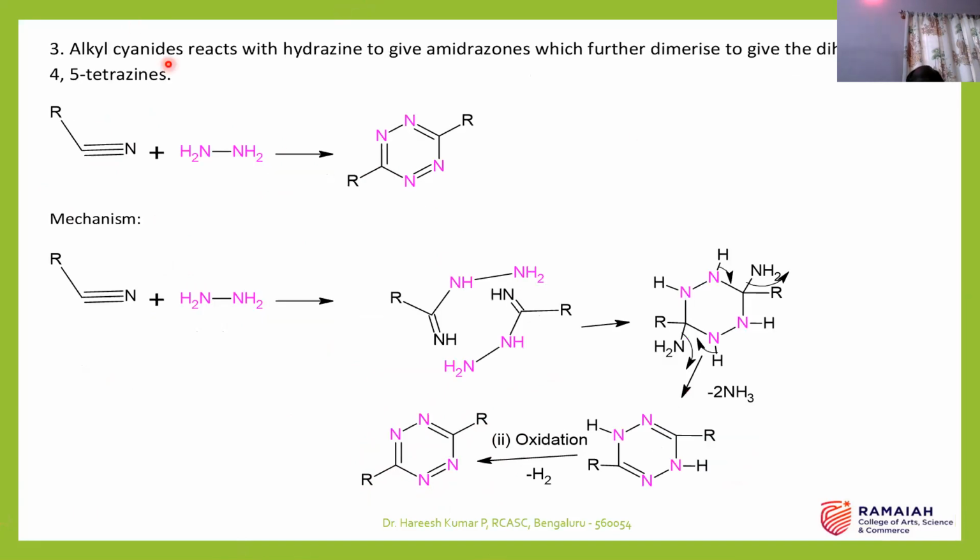The next slide is about the reaction of nitrile with hydrazine. Of course, we can say alkyl cyanide. Alkyl cyanide reacts with hydrazine and undergoes dimerization, giving rise to tetrazine, more particularly 1, 2, 4, 5